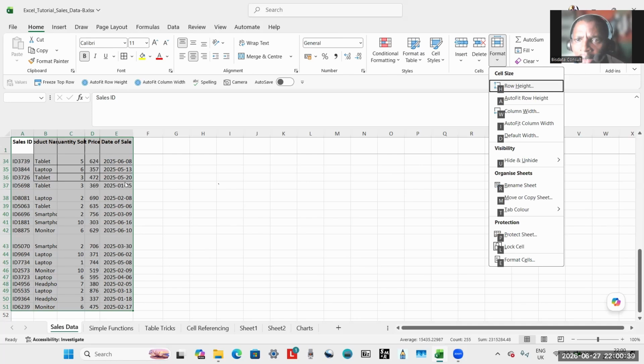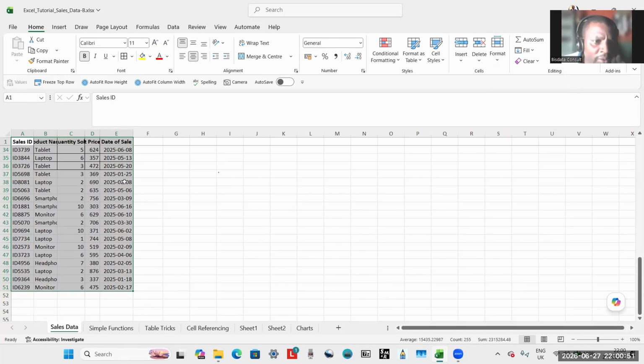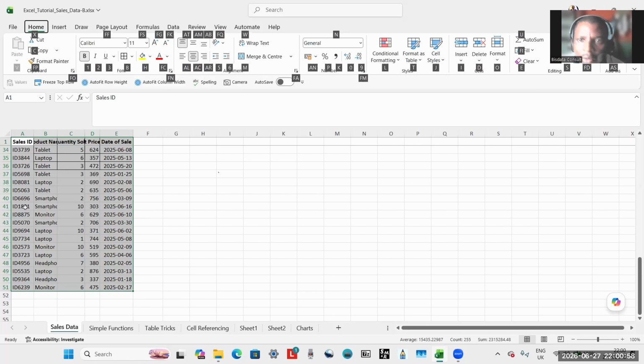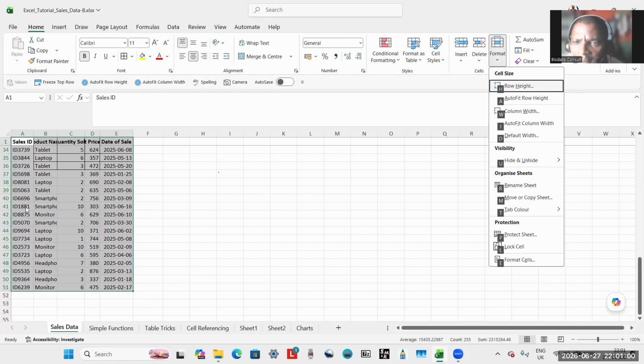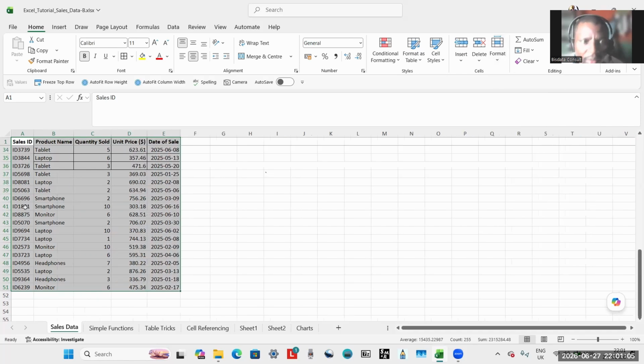Can you see? And column width is W. Auto fit row height is what? A. I press A. Can you see? It has corrected all the rows and made them the same thing. I press Alt H O, column width, I. It fills the width of the column and makes everything the same. Can you see? That is if I'm using the Alt